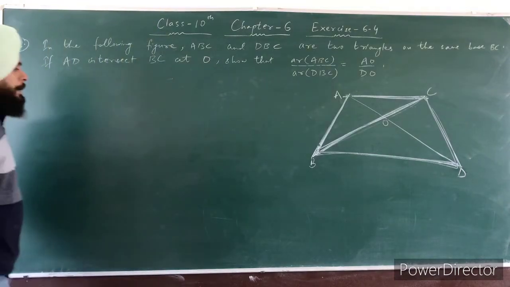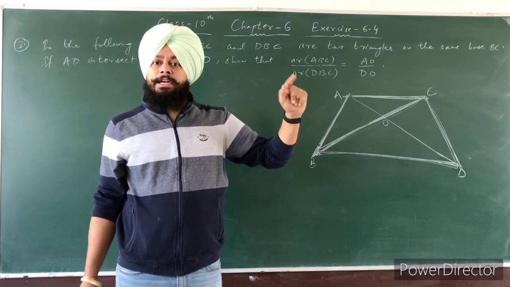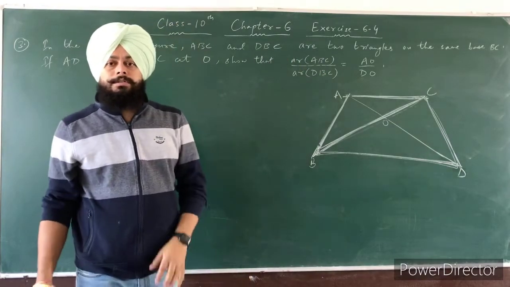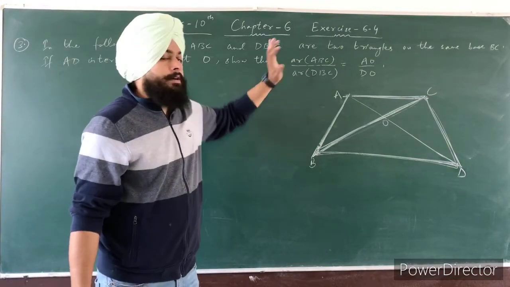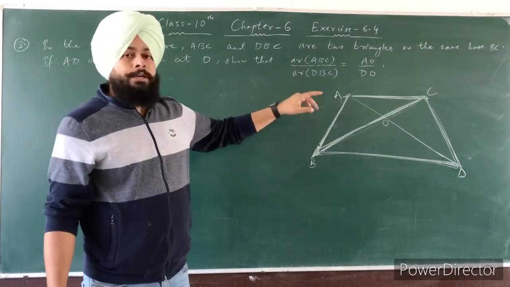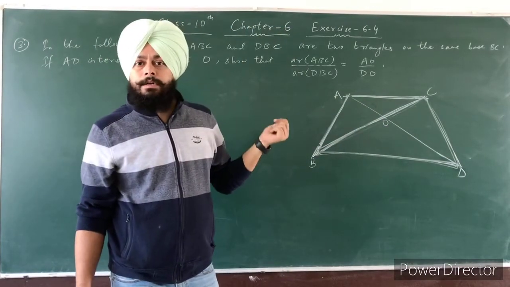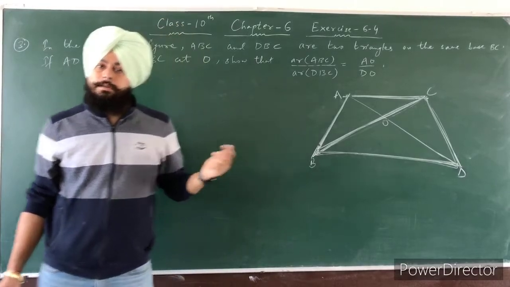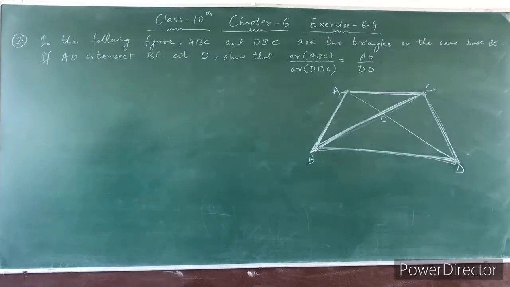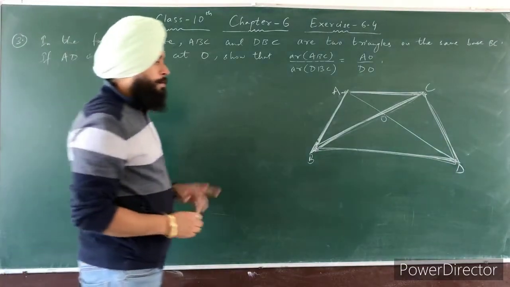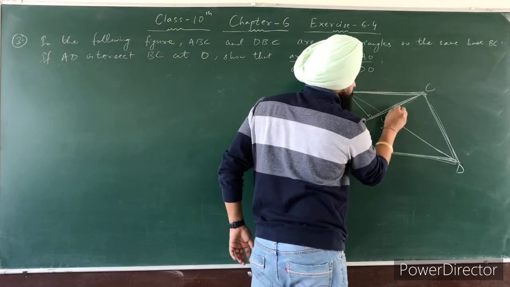So we can use here area of ABC is half base into height, because half base into height is also the formula of area of a triangle. So we can use it here. Half base into height. Base is here BC and height is again not given. So we can take a construction here. So draw two lines perpendicular. First one is here and second one is here.